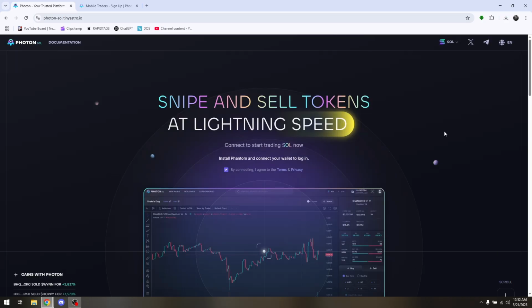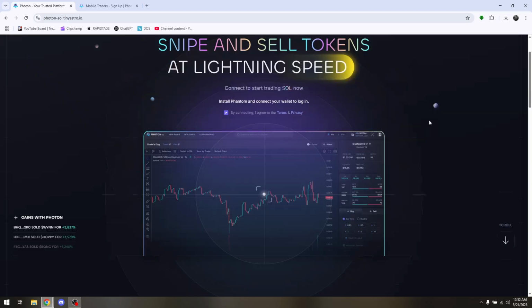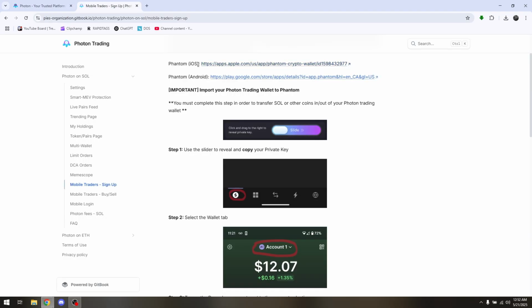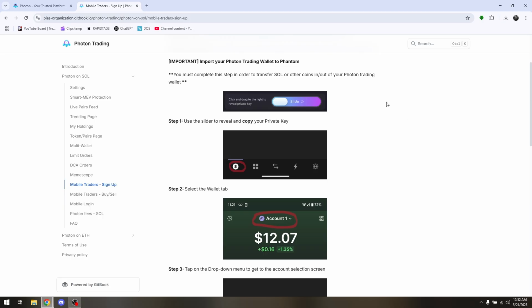photon-sol.io. Now, this is where you can actually download the application and just simply choose the link so that you will be redirected to the iOS link. Now, once you've successfully downloaded it, just follow through the on-screen prompts for you to be able to complete the installation process. Now, you must complete this step in order to transfer Sol or other coins in and out of your Photon